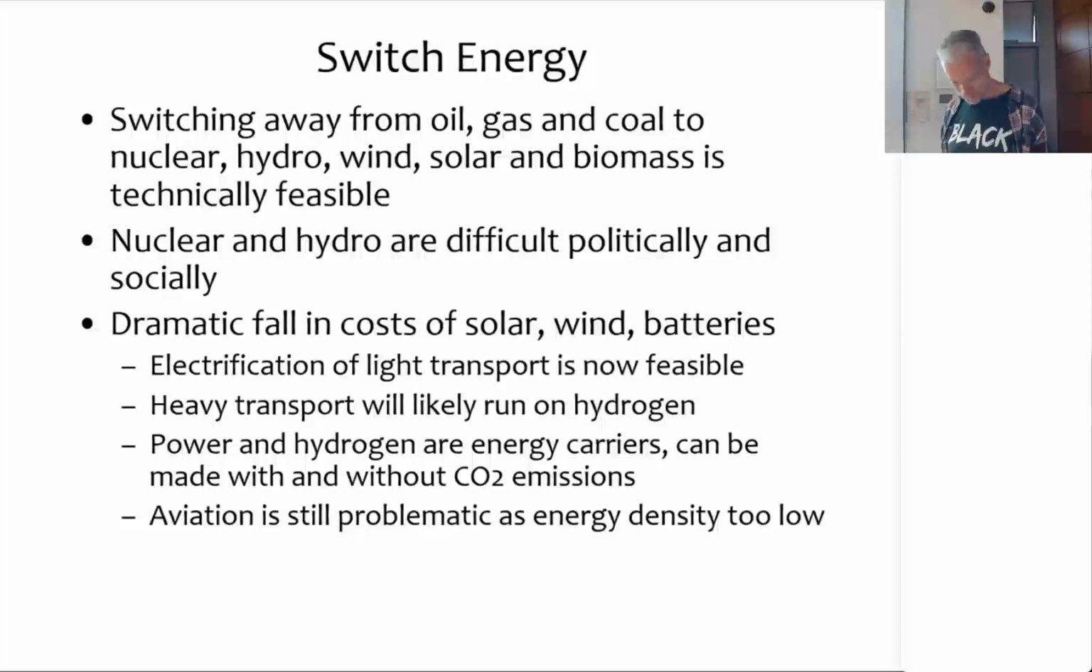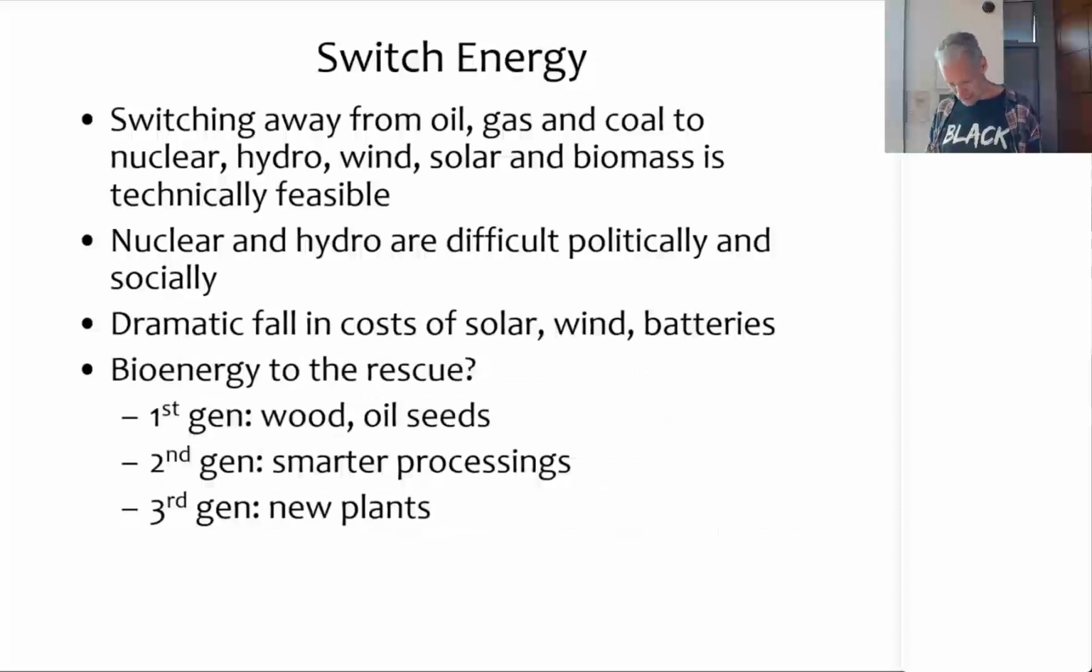But all this is doable. Now, one solution for aviation, and I don't know why aviation is dropped here, is to switch to biofuels. And there again is technical potential there. So, what are biofuels? Essentially, the